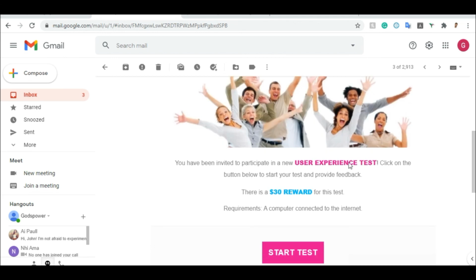And look at how much I'm getting here. I'm getting $30 for participating in this, only this one. I'm getting $30. So as you can see here, there is a $30 reward for testing. They require a computer connected to the internet. So they require that your computer has to be connected to what? To your